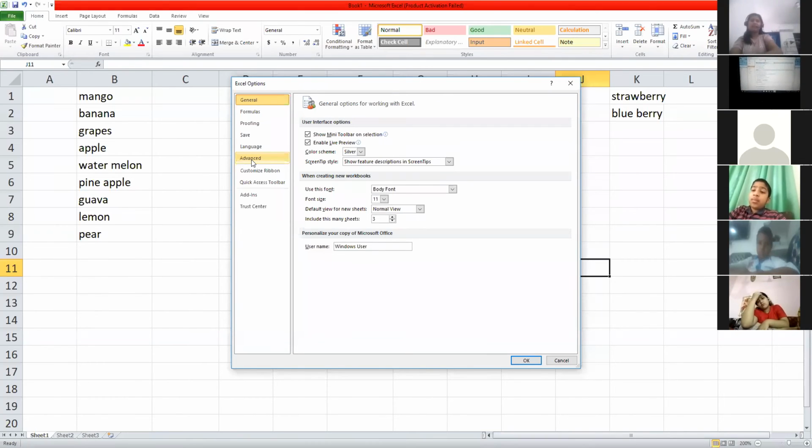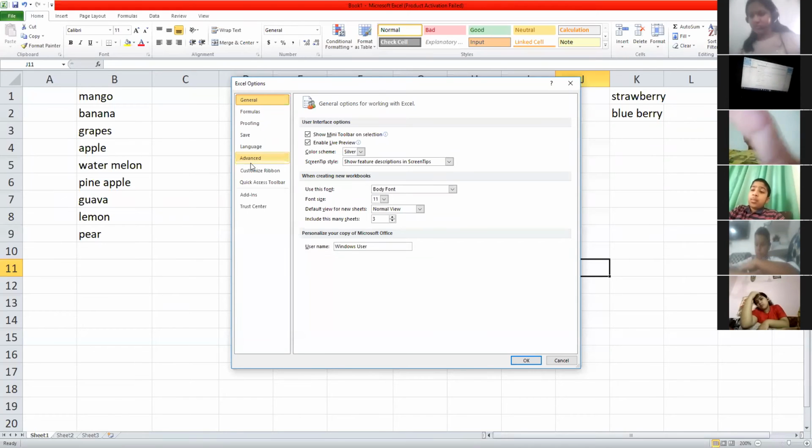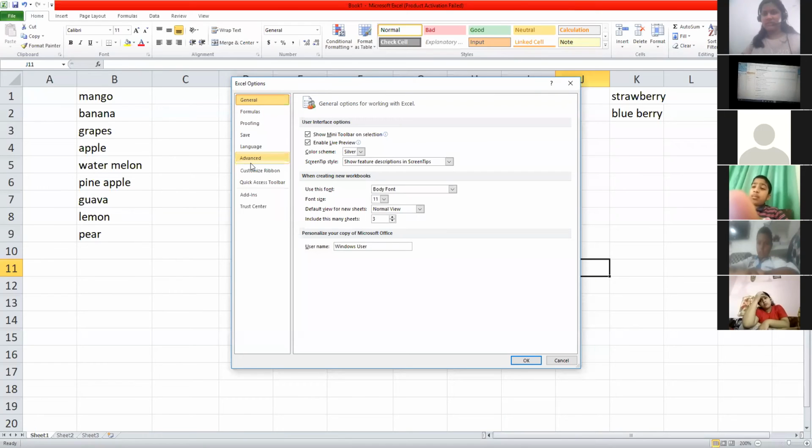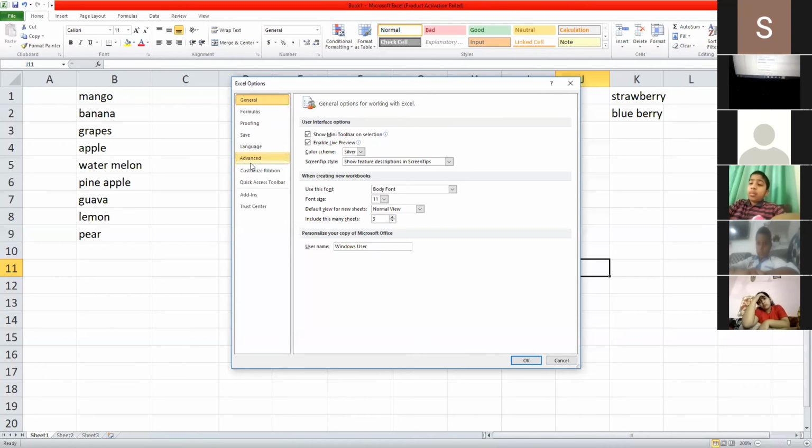Miss, I can't find it. Wait, I'm showing you. Please wait. Sorry, back camera. Advanced feature will be there. It's not visible to me. I'm already wearing specs and you people are showing in such a small screen. You just find the advanced feature over there. This option will definitely be there.